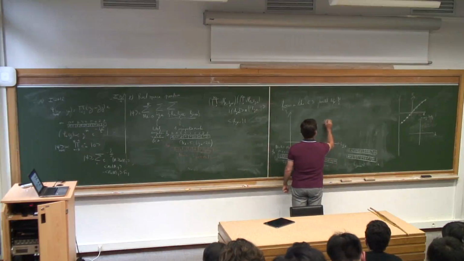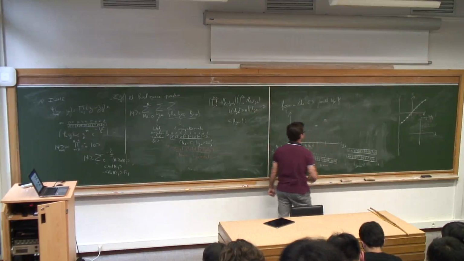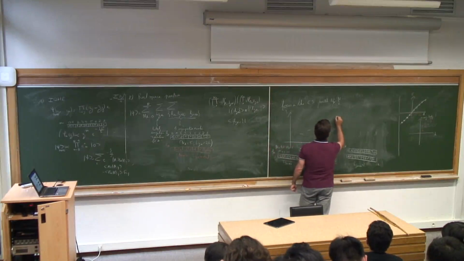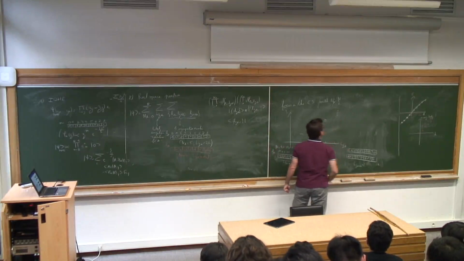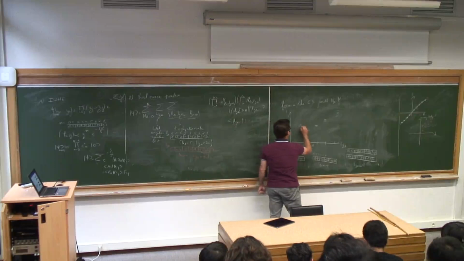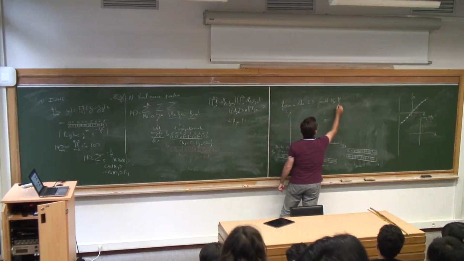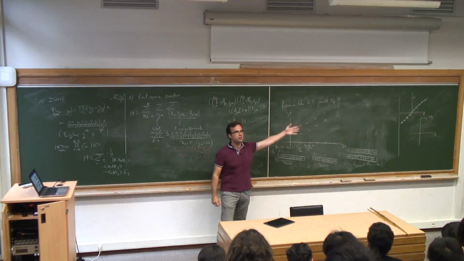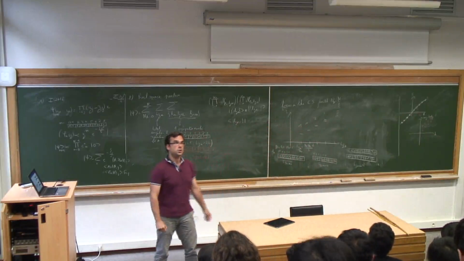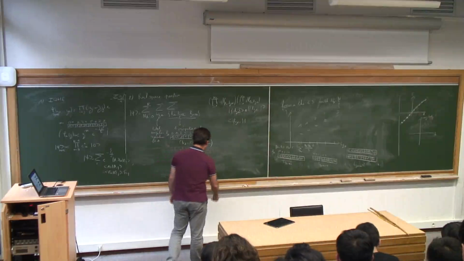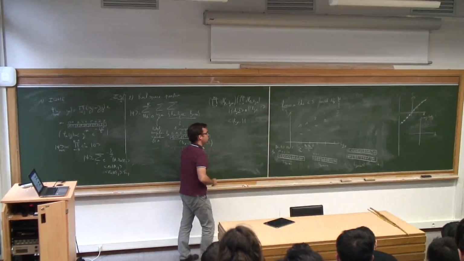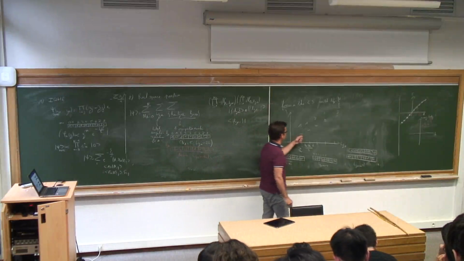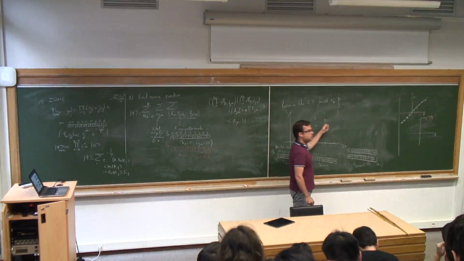Next LZA sector, you have 3 states. Next one, you have 5. So 1, 1, 2, 3, 5. So you find back exactly the same counting as the many-body energy spectrum for the edge of the integer quantum Hall effect. Of course, here what I didn't do is to compute the energies